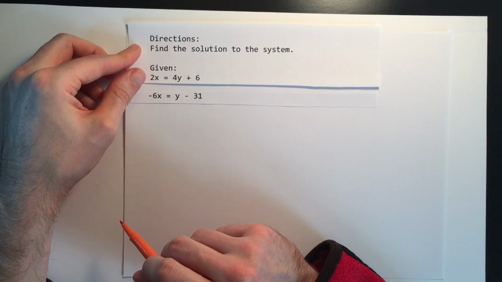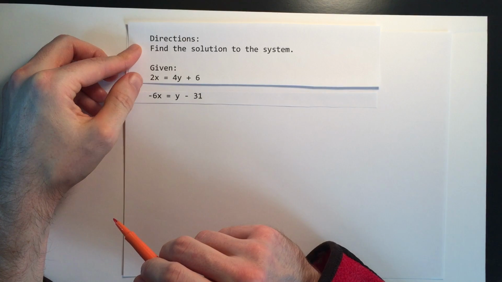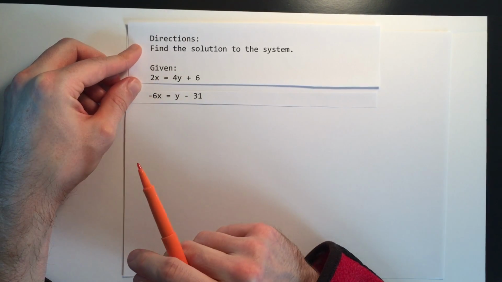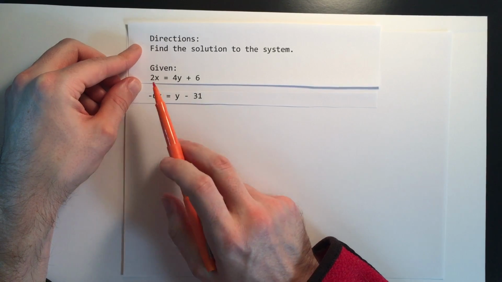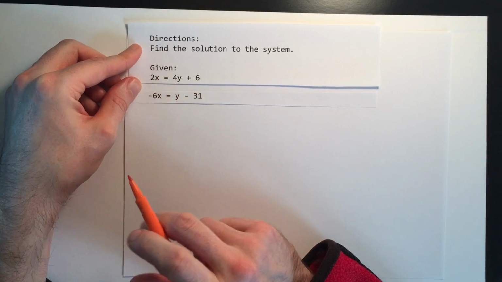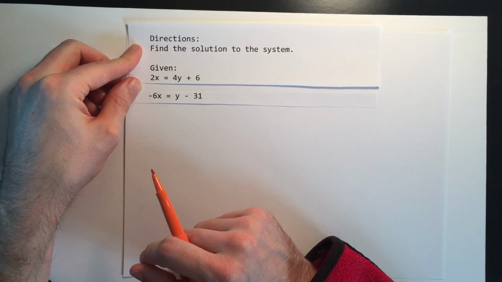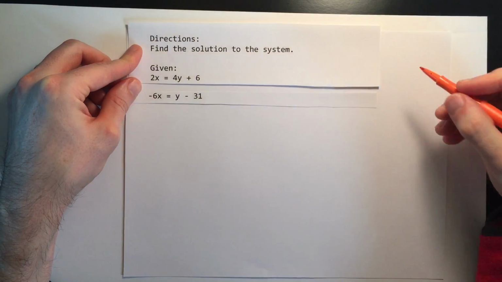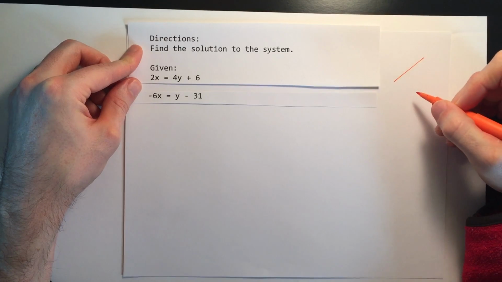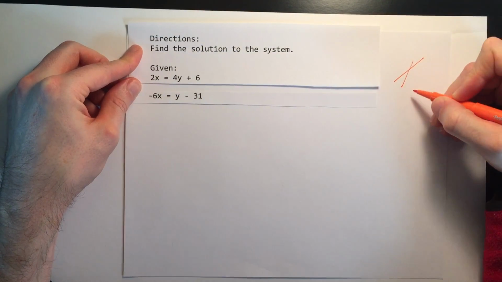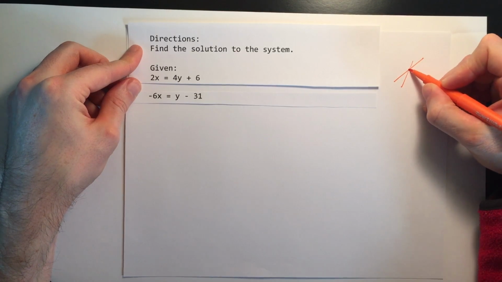So to do that, you could use one of three different methods. One method is graphing. Remember that any equation with an x and a y, or any two variables, where there's only addition, subtraction, multiplication, and division happening, no exponents, for example, that type of equation will produce a straight line if you were to graph it. And we have two equations like that, so that's going to make two straight lines. And two straight lines will cross at some point